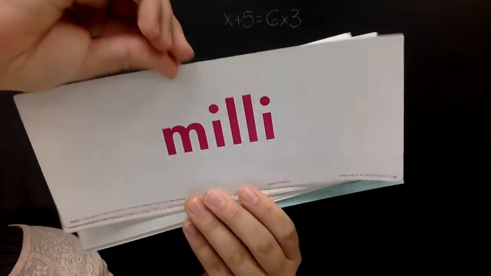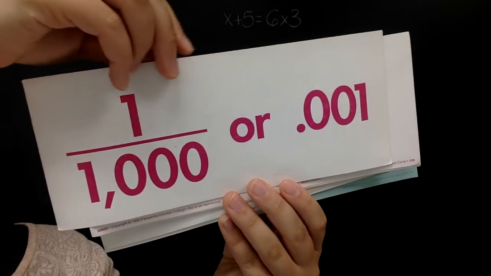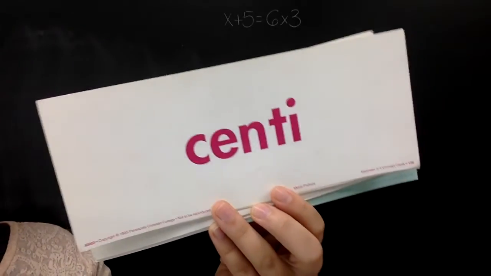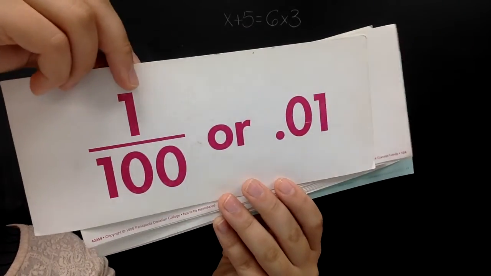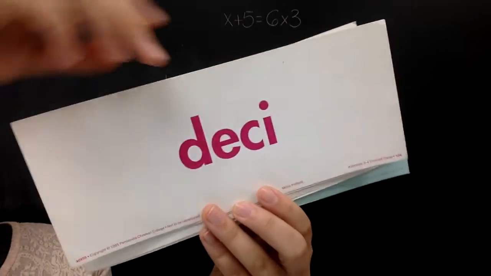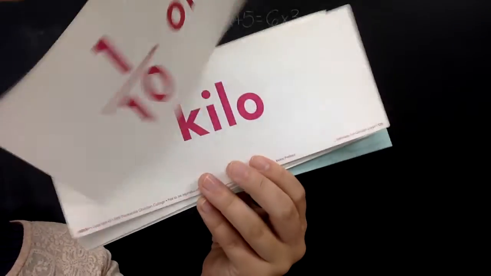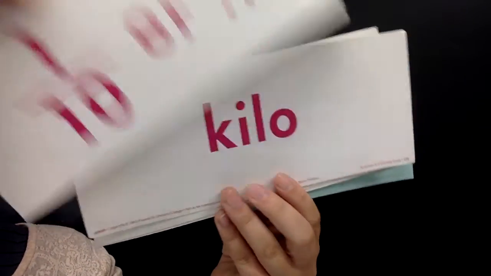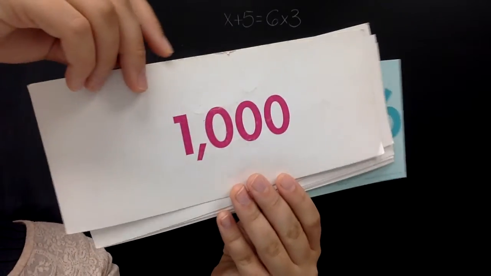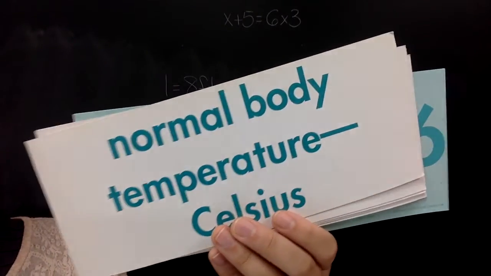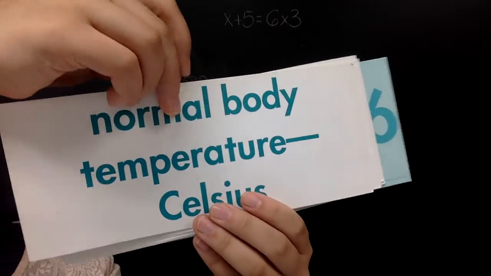Milli means 1,000th. Centi means 100th. Deci means 1/10. Kilo means 1,000. Normal body temperature Celsius is